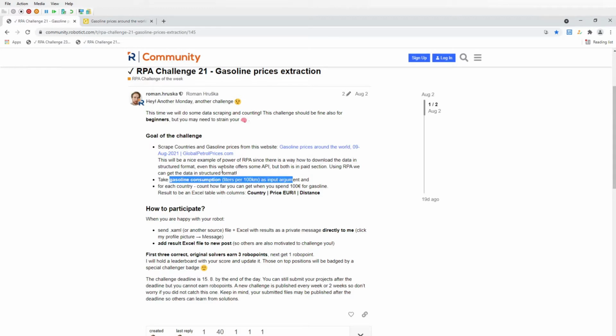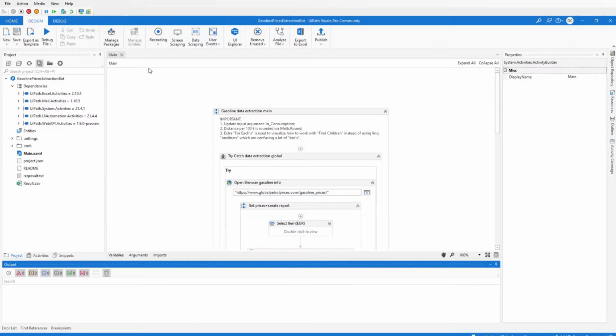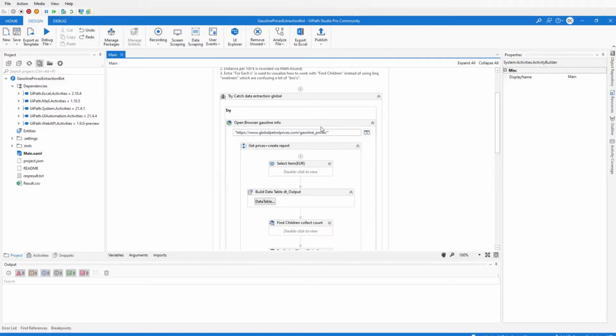And then extract price per country per liter, and then calculate the gasoline consumption for each country: how far you can get when you spend 100 euros for gasoline in each country. So I've already solved this, as you can see, and this is the solution. So I've opened the browser,